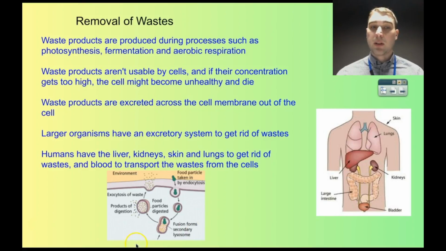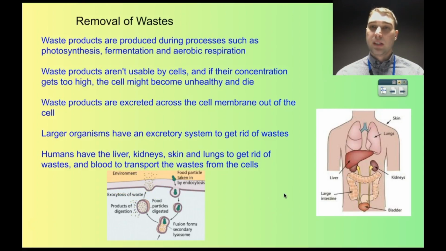So down here we have a bit of a picture showing a process called exocytosis. So exocytosis is where waste products get packaged up into a little vesicle. That vesicle merges with the cell membrane, and then it spits out the waste into the extracellular environment, so the bit around the cells. If this was in you, the extracellular environment would include blood vessels that can transport the